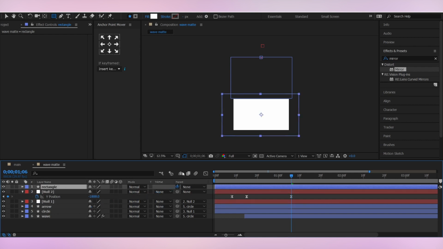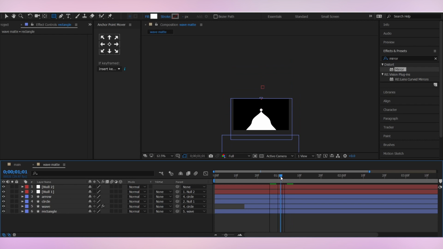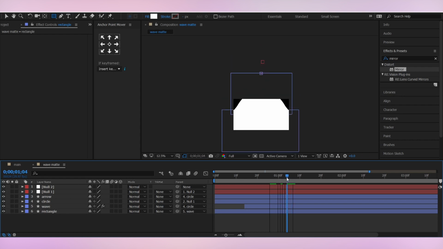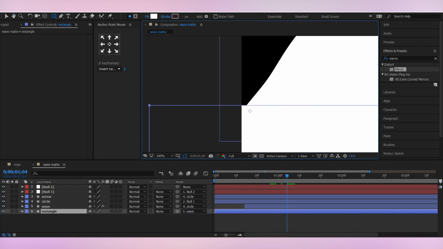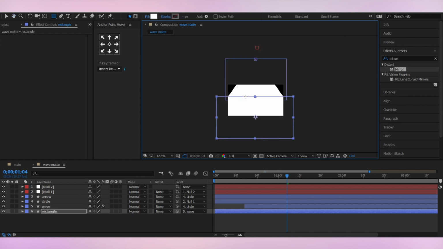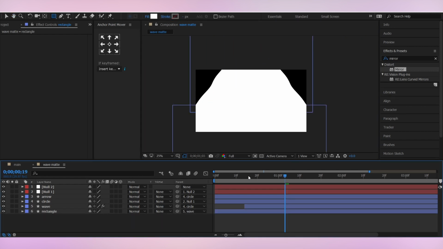And I'll parent it to the wave, so it moves with the wave, and when the wave is completed it will cover the whole composition just like this. So let me just bring it down because it's showing up here. Cool. Let's see how it looks.